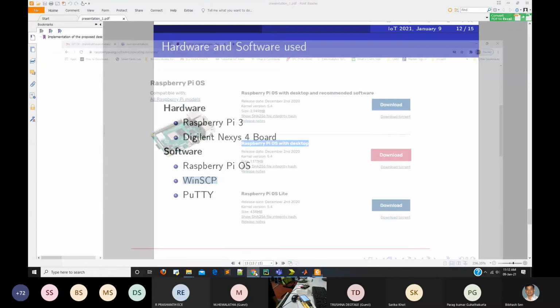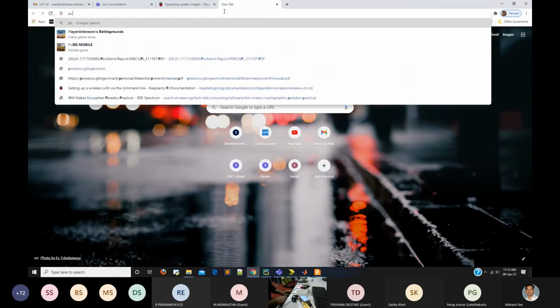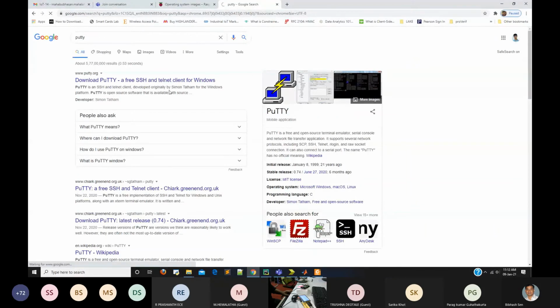Both of these you can download, and both are open source. Even Raspberry Pi OS is open source, so you can download it from here. I can show you.